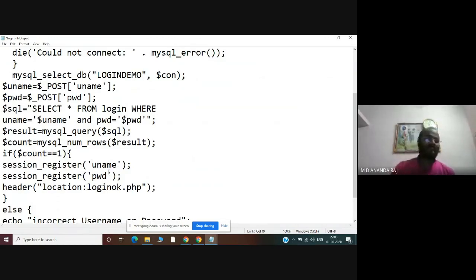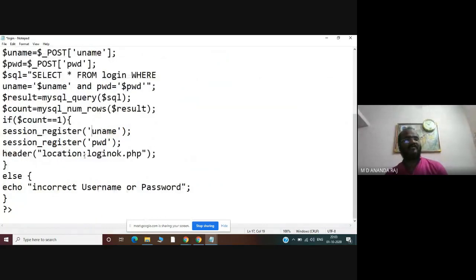The username is Anand, password is 1234. So start the session for that particular user. Location is header, location, that particular file name is login.php.